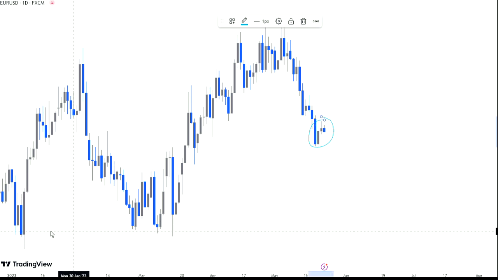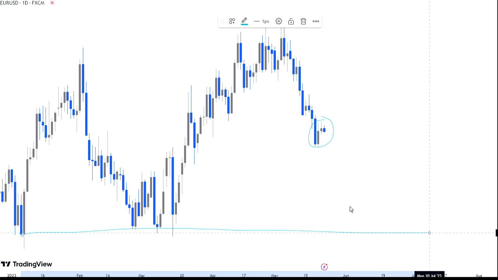We approach this point below here, that if you are using maybe a demand and supply strategy, that is a PA oriented strategy,